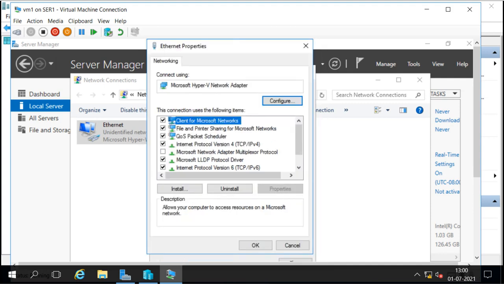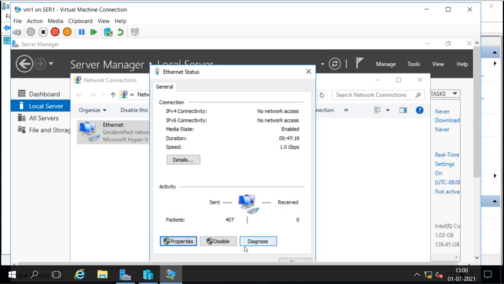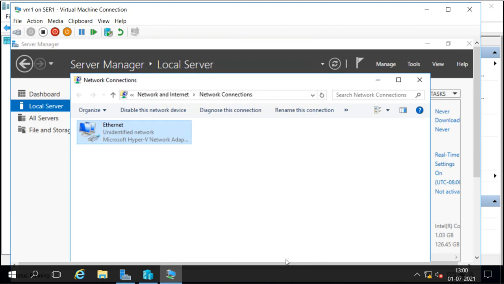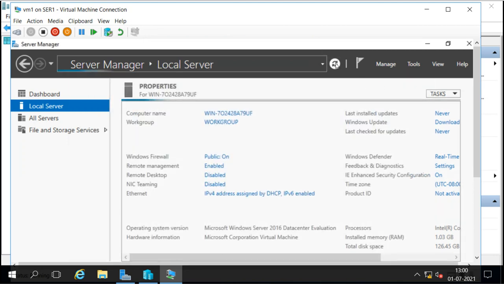I'm not installing any application, but it will take the checkpoint of applications also. And next, I will disable the firewall. The firewall is on, so I will disable it also.